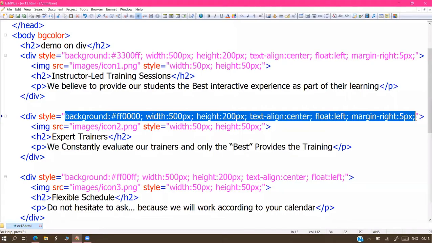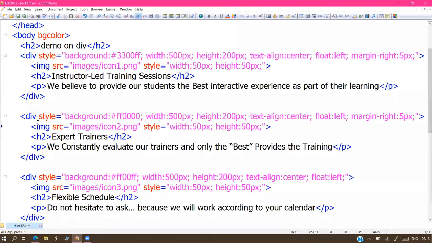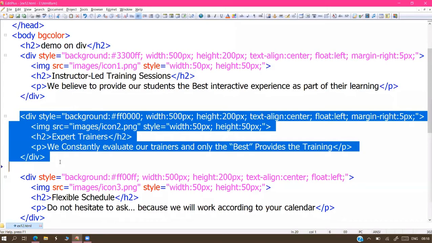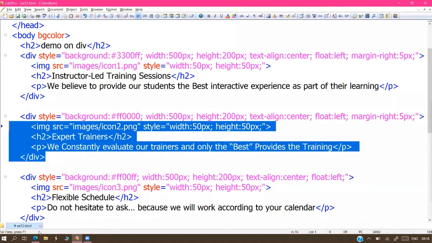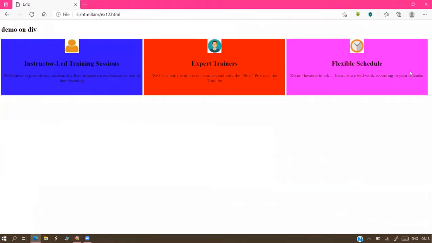But imagine the code repeating these 6 or 7 attributes in each and every tag, sir. How much the code is going to increase, sir? That is the matter. So effective designing and reduced code complexity, both are provided by this division tag, and finally we'll get the results like this.